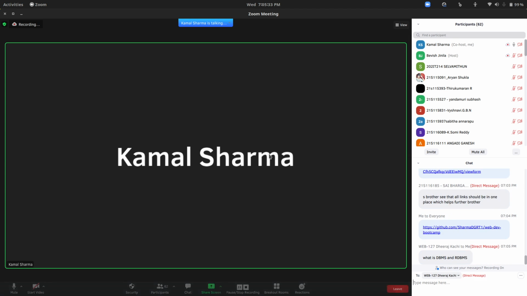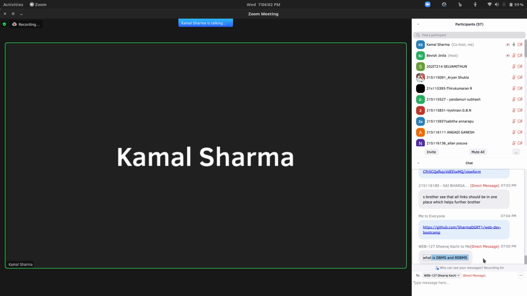Oh, that's a question. What is DBMS and RDBMS? Well, both are database management systems. What that means is that it provides an efficient way to interact with the database so that the user can manage the tables and records in an efficient manner. That is what a DBMS does.